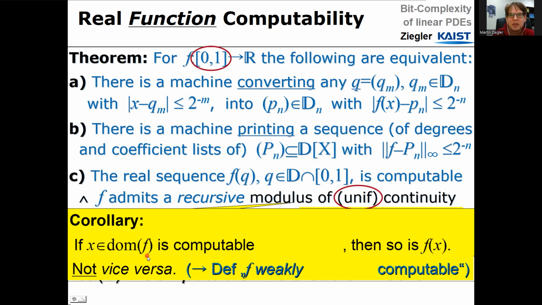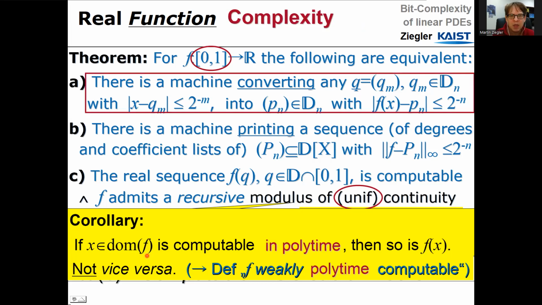So that's about the qualitative setting, and let's now move on from the qualitative to the quantitative setting of complexity. Okay, so in complexity, we want to talk about polynomial time complexity, and for this purpose, again, we do have to choose among the three qualitatively but not quantitatively equivalent items, and we choose the first one. This is our choice here. We choose the first one as notion for computational complexity, namely that the approximation up to order 2 to the minus n must be output within time polynomial in n,